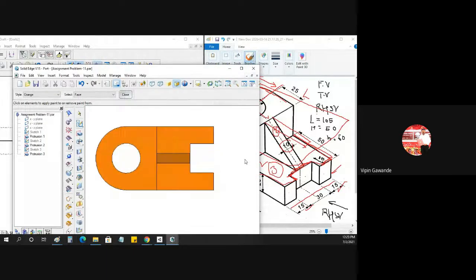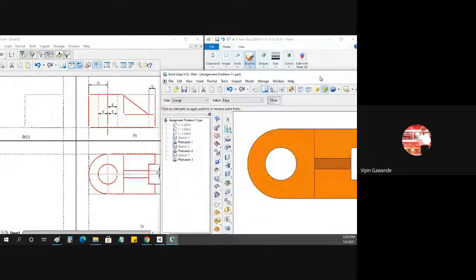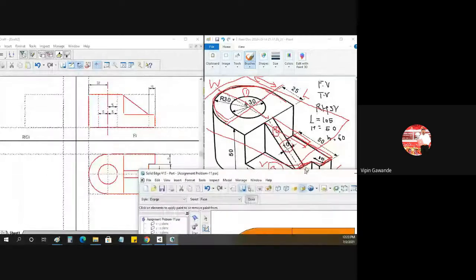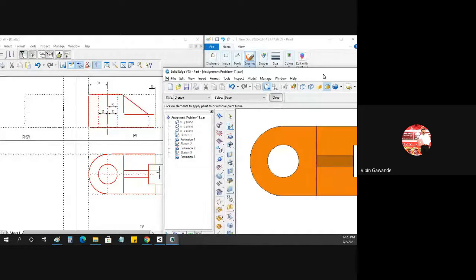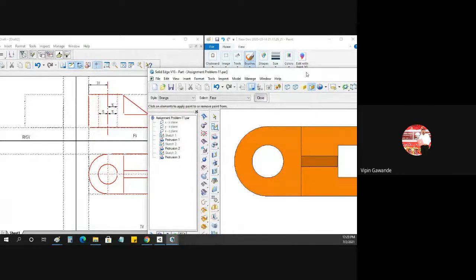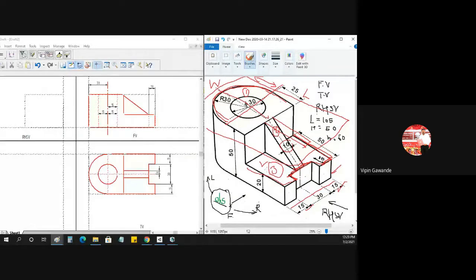See, now we have drawn the total top view. If you check here, this is your top view. We have drawn everything: first the semicircle and circle, then the rib, and then this part, the bottom surface. See, this is the top view. This completes our total top view, because in the top view all the three surfaces we have drawn.